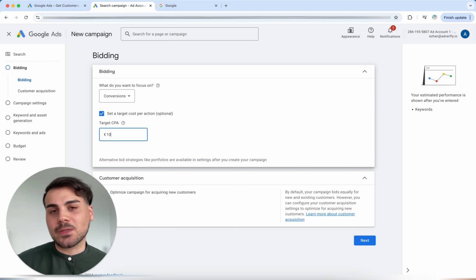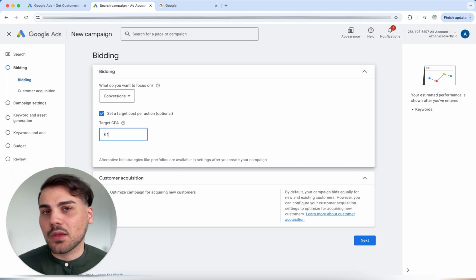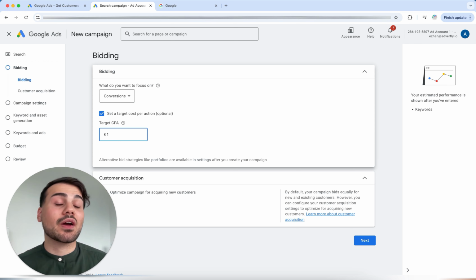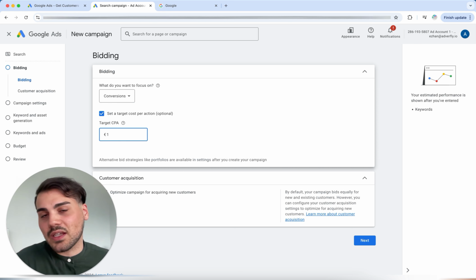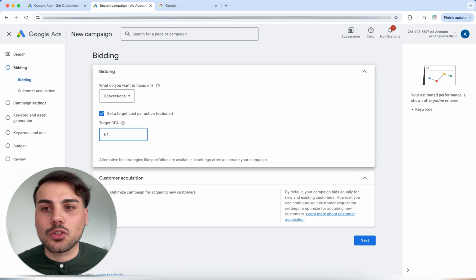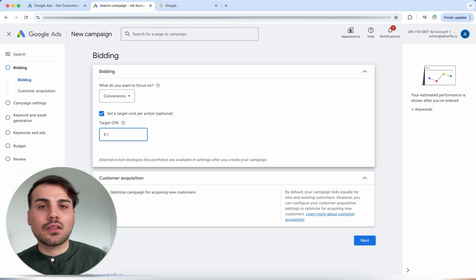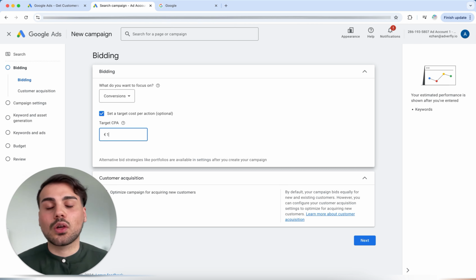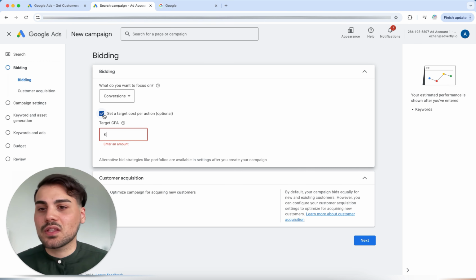And another thing is what many would then think, hey, I can just do the following by simply saying that I now enter 1 euro. Here is the problem. If you set it to 1 euro, for example, then depending on the product, it is almost impossible to achieve the goal, so usually nothing is spent. So this value must be realistic and not just a desired value. But if it is the first campaign, especially if there is no data available, I would deactivate this option by simply removing this check mark here.